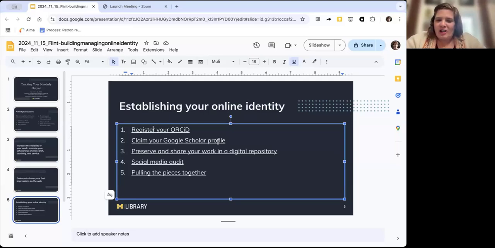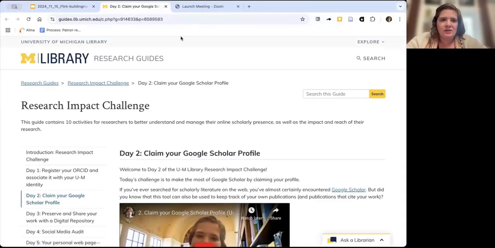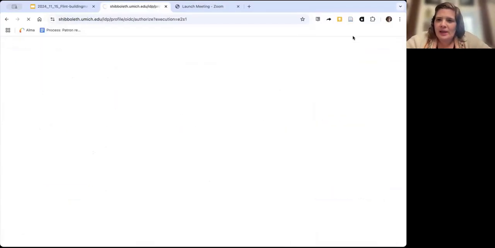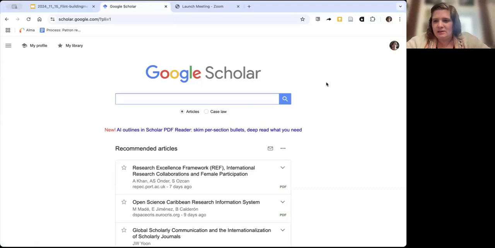And yet Google Scholar is so widely known, widely used that I can't recommend that people just not do it or ignore it, because it's just so familiar to folks. So the way that one would go about this is, you go to Google Scholar and you want to sign in the upper right-hand corner